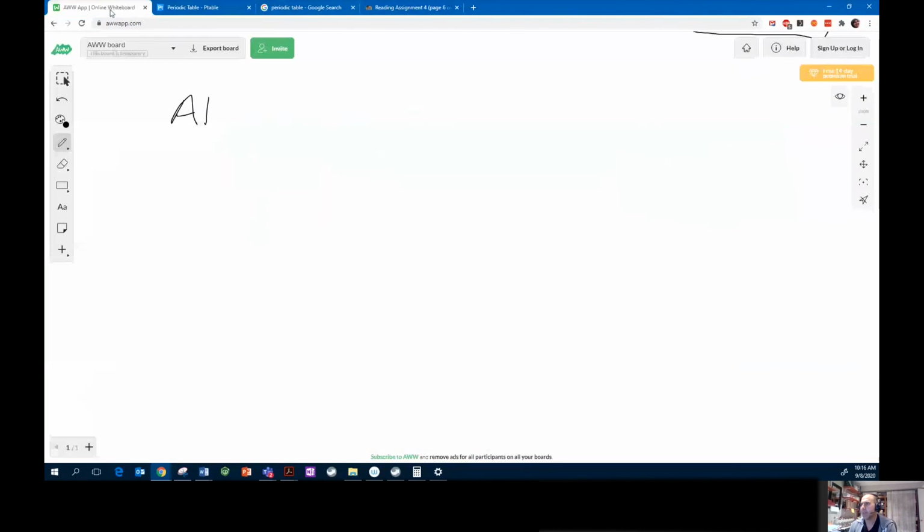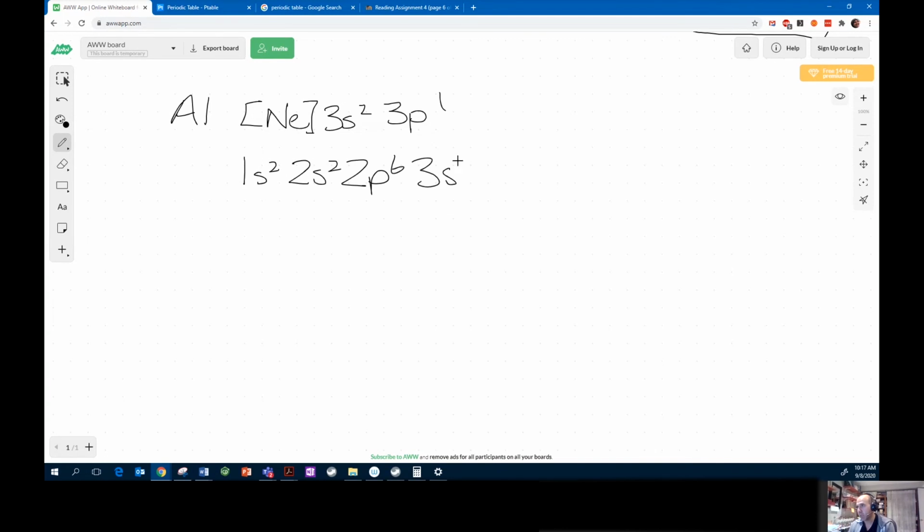Its electron configuration is neon 3s2 3p1. I could also write this out fully: 1s2 2s2 2p6 3s2 3p1. All of the electrons that are hiding in this shorthand where I write neon, that's these ones here,